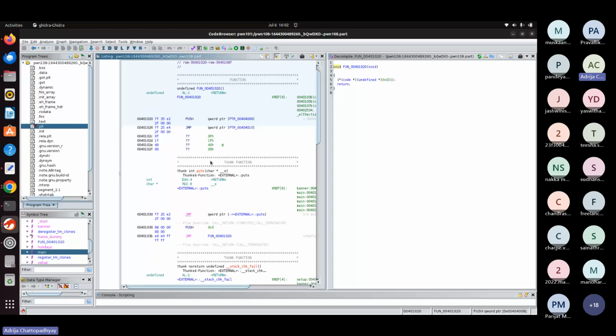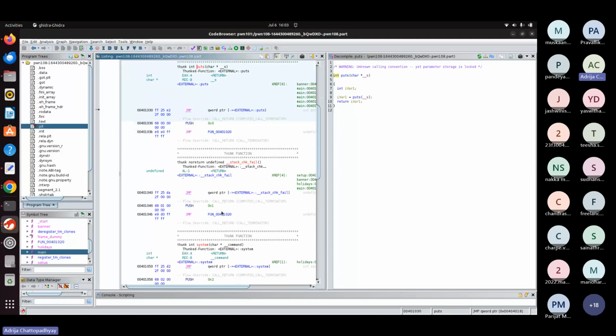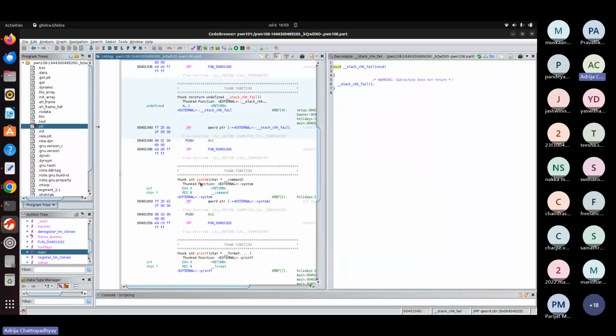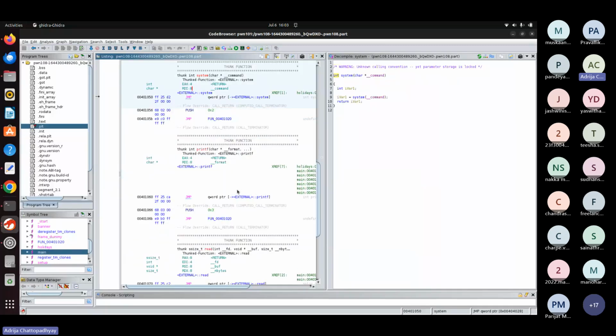Under that we have puts, and then we have stack check fail, that is the canary check fail. That function's also there. Then system is there, which is cool. We're not going to use it. Printf,